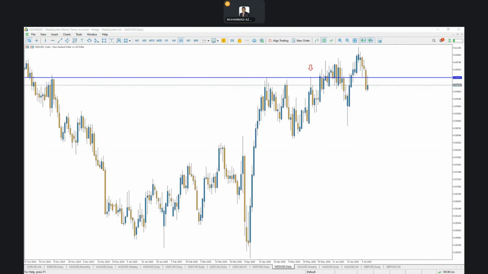So the conclusion is, with the Reserve Bank of New Zealand expected to keep the OCR steady at 3.25%, the market focus shifts to future guidance. A surprise cut would likely weigh on the New Zealand dollar and push NZD USD lower. On the other hand, a hawkish tone or unexpected hike could drive the NZD higher. As always, traders should remain alert to global risk sentiment and parallel moves in the USA monetary policy for broader context.